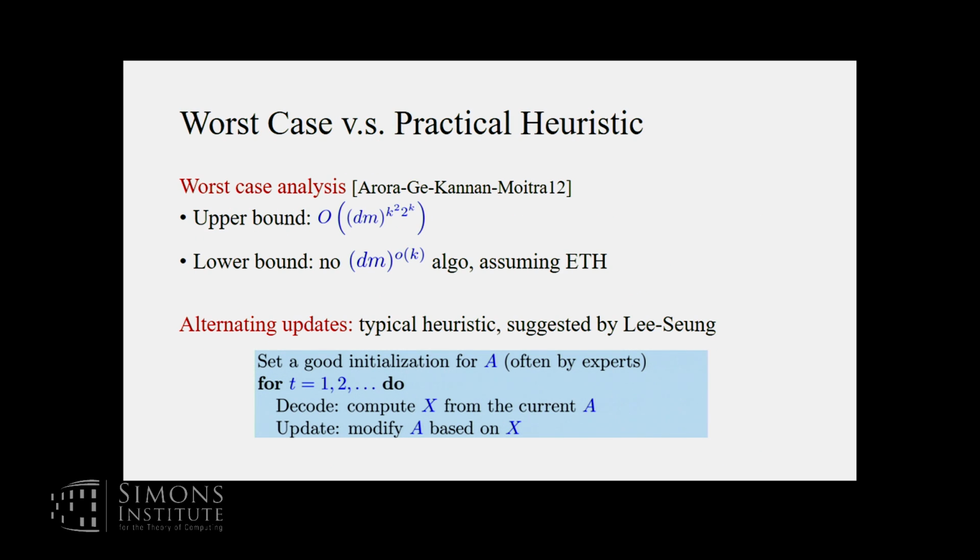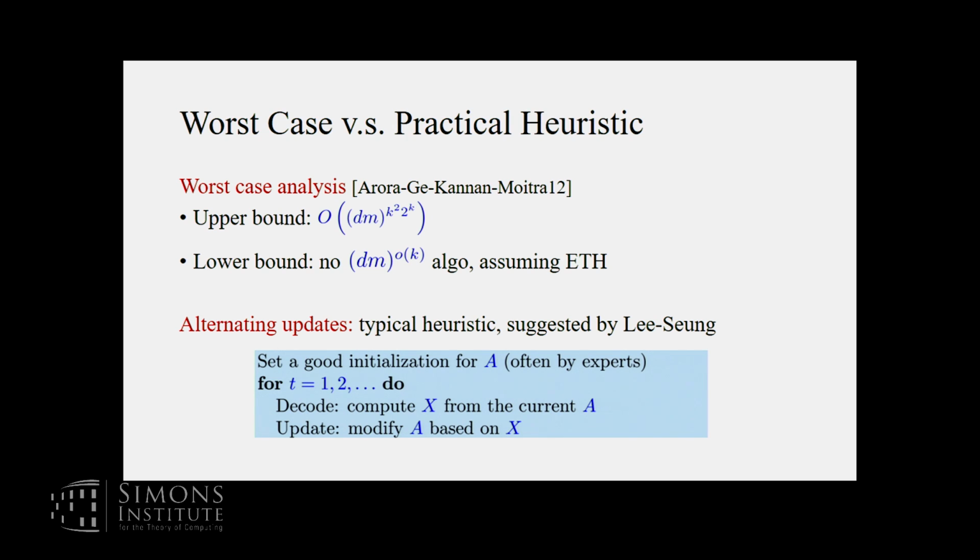But similar to some other machine learning problems, usually we have a large gap between the worst case bound and what happens in practice. So Arora, Ge, Kannan, and Moitra show that there is no sub-exponential algorithm assuming ETH, and they also give an algorithm running exponential in K. K is the number of columns in the matrix A. So you can see that this basically is impractical